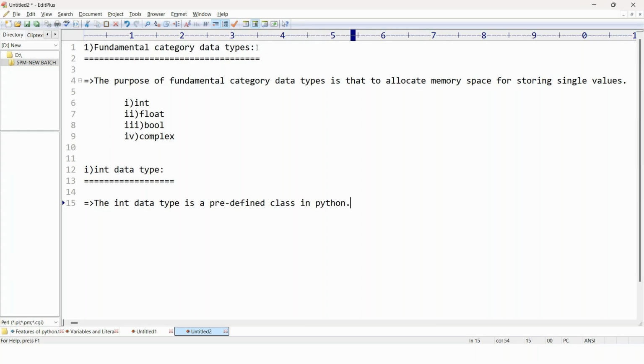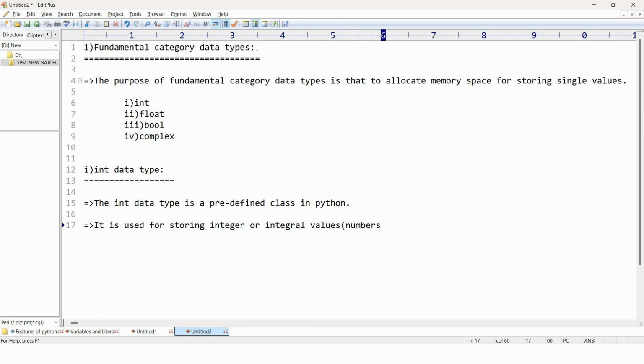Okay, and it is used for storing integer or integral values. These values are what?